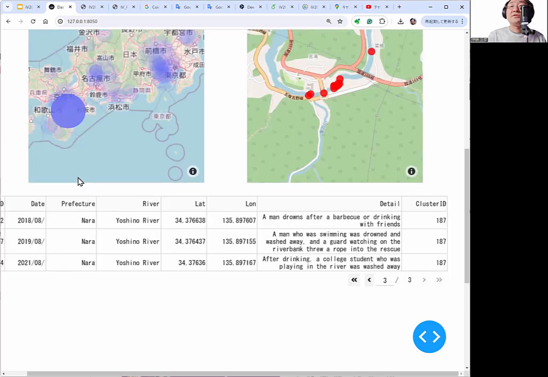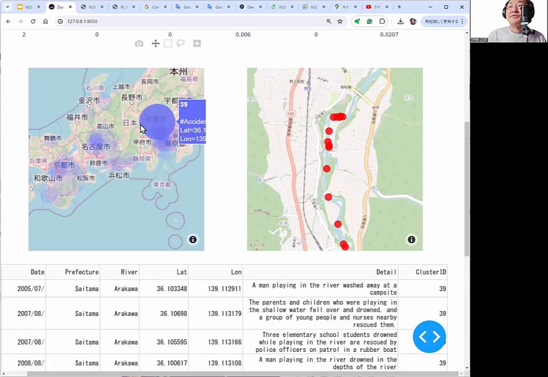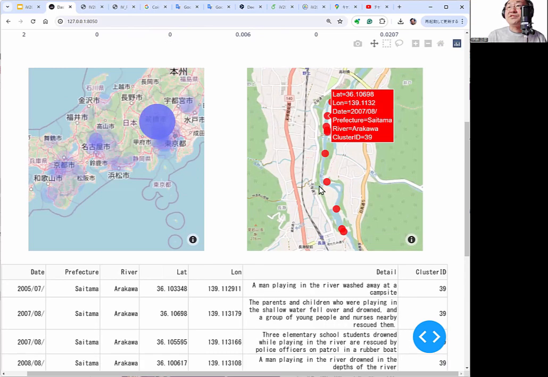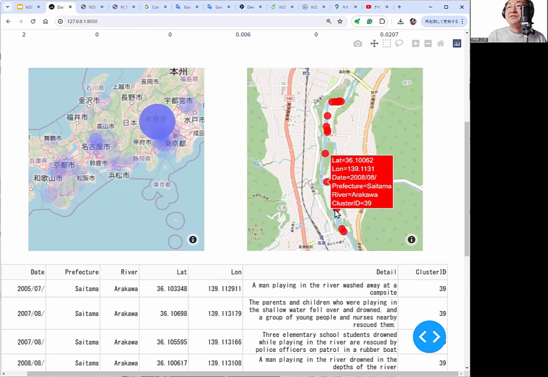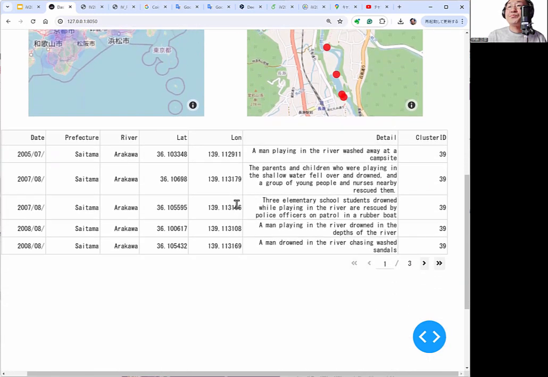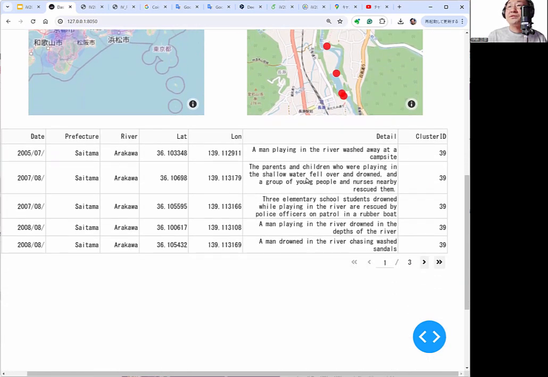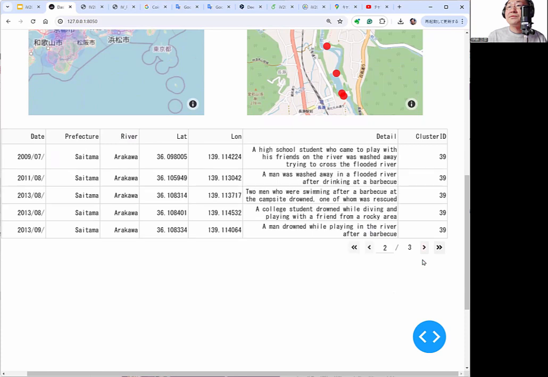Anyway, the next one is similar. The river is twisted and there are many accidents. Drinking, after drinking at a barbecue.